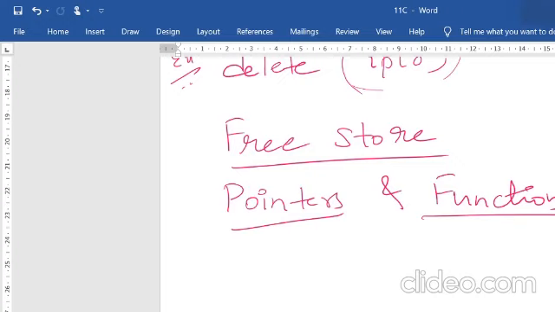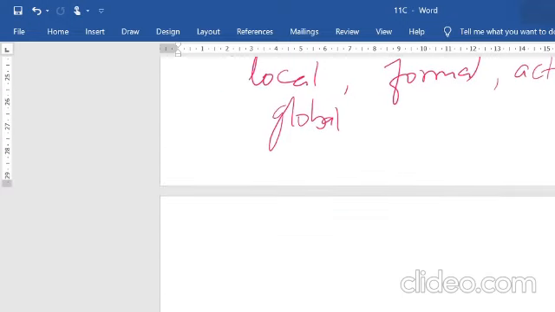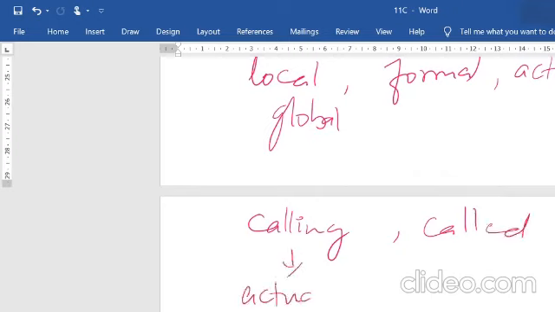And we use arguments in this: local variables, formal and actual arguments, global variables, all these things we use in functions. You also have the calling function and the called function, right? The calling function has the actual values, the called function has the formal values or arguments. When a call is made from the calling function to the called function, arguments are passed, right? You know all these things.